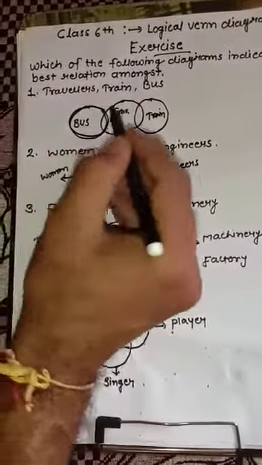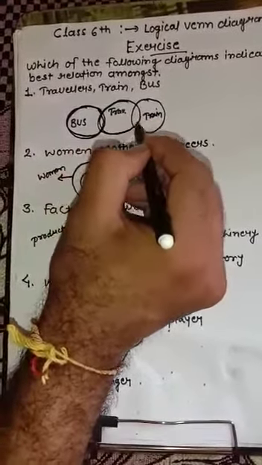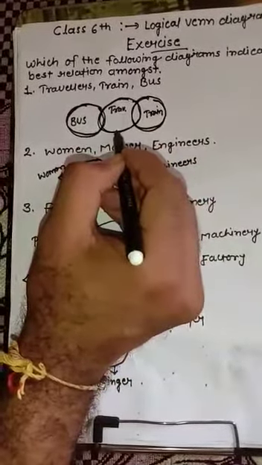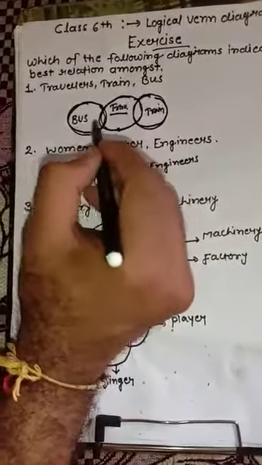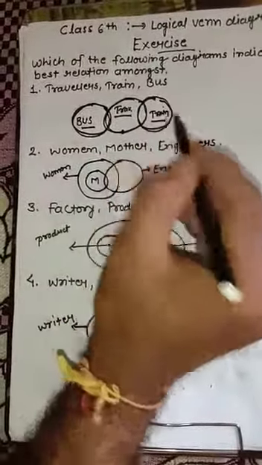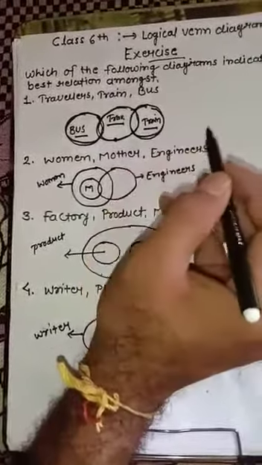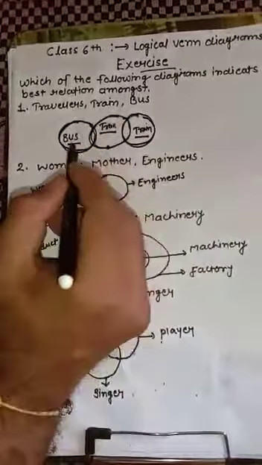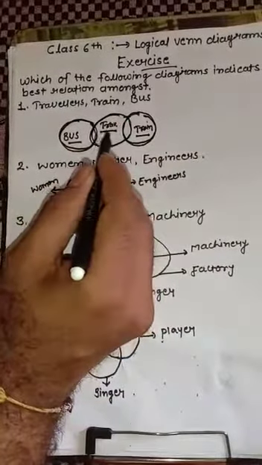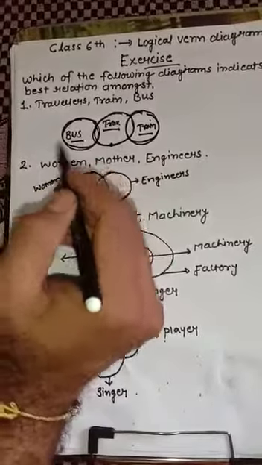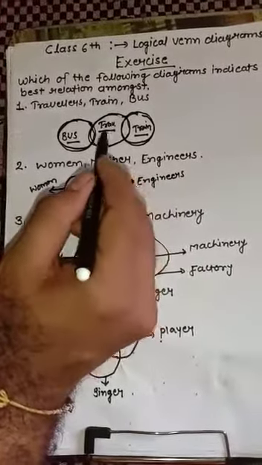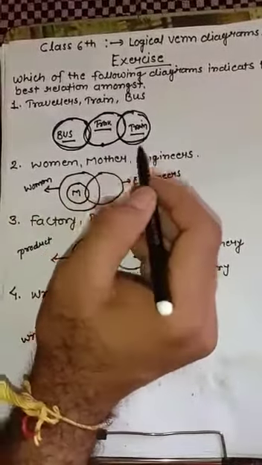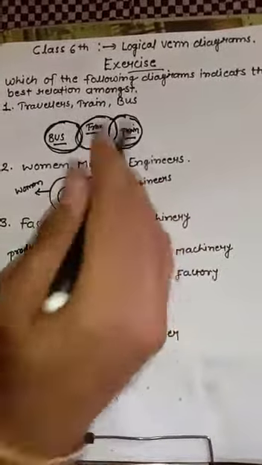Why have we created this kind of Venn diagram? We'll discuss that. This circle represents all the travelers, this circle represents all the buses, and this circle represents all the trains. So we can say that all the trains are not travelers. That means some trains are travelers, and all the buses are not travelers either. And all the travelers are not only buses or trains; some other vehicles are also used by travelers. So some part of the travelers will be taken by the buses and some part of the travelers will be taken by the trains. This will be the Venn diagram for the first question.